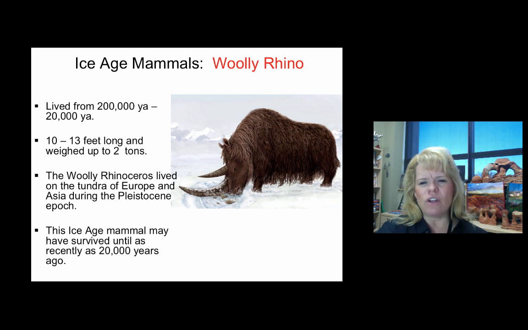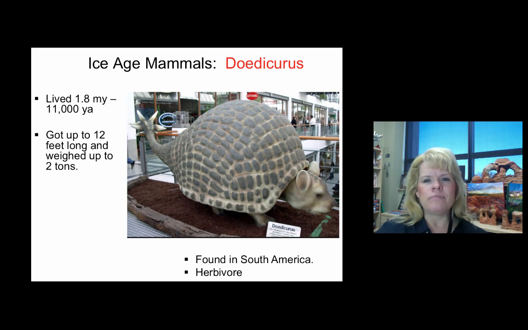These guys, like modern day rhinos, probably were not very good eyesighters, but had excellent other keen senses like smell and hearing. And you got to touch their horns at Life Partners, so you know what they feel like. They're made out of keratin like your fingernails are. So this animal may have survived up until about 20,000 years ago, maybe even just slightly longer. But as the ice receded and melted in the last ice age, these guys ended up going extinct.